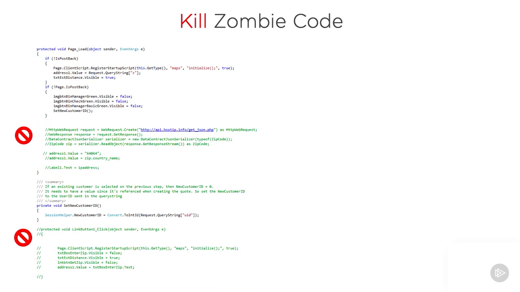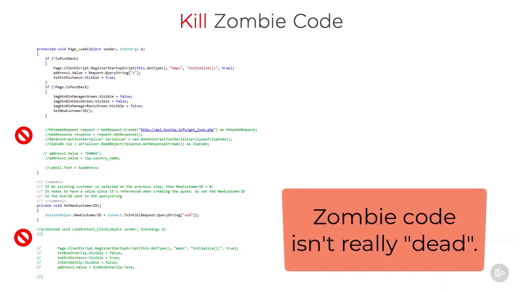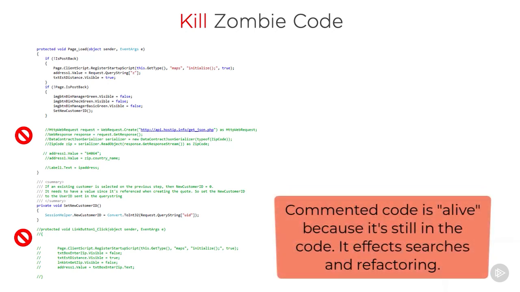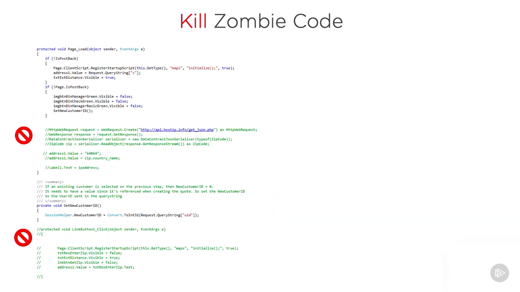Why zombie code? Well, zombies aren't really dead. As horror movies have taught us, though zombies appear to be dead, they're still alive enough to haunt us. In the same way, zombie code straddles this line between alive and dead, just waiting for a chance to ruin our day. Commented out code is alive because it's in the current codebase. Programmers stumble across it in a keyword search and interact with it during maintenance and refactoring. But the code is also dead because it's not executed in production. Thus, it's a zombie that should be buried pronto.